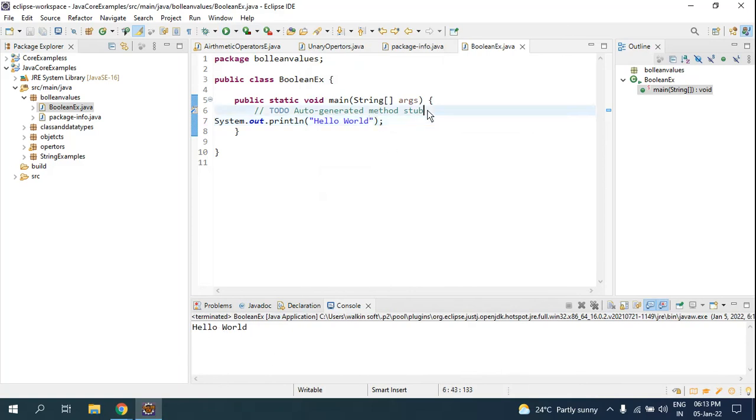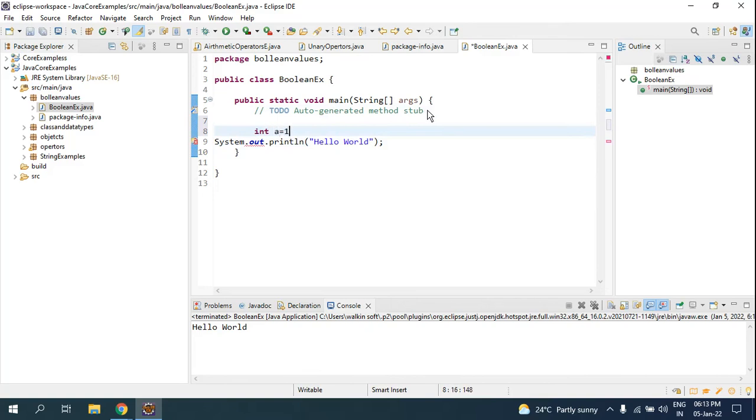Now I'll declare a variable, int a equals 100, print out the variable name and run it. You are able to see the value the variable is carrying. Whatever value I have assigned to the variable, it will display.